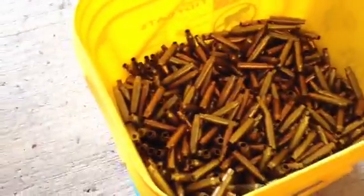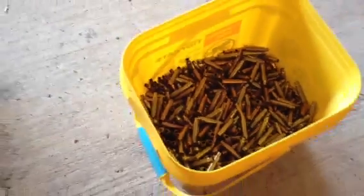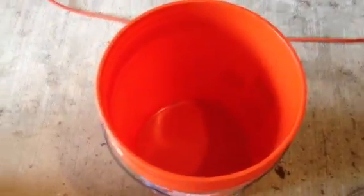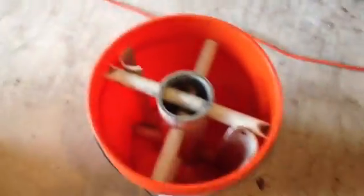At any rate, there's a bucket of brass. I haven't weighed it. I think there's about probably 1,500, 2,000 rounds in there. And then this is the bucket that we use to clean the brass. Now I made this paddle wheel right here to slip inside of the bucket, made it out of PVC pipe, so that there would be no external holes in the buckets, because I didn't want any water leaks. So that goes in there, and then we put in,